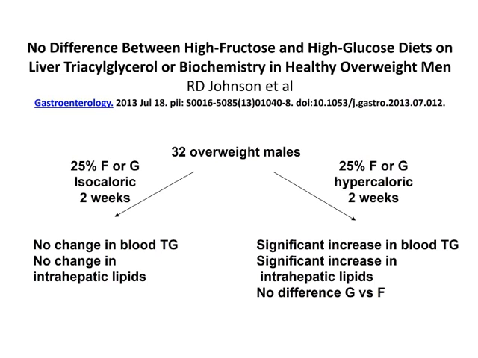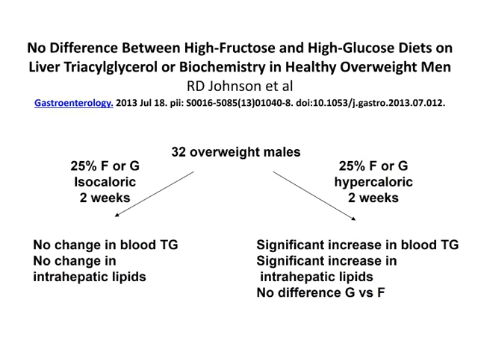Once after 2 weeks on an isocaloric high fructose diet or high glucose diet with 25% energy as fructose or glucose, and a second time with a hypercaloric high fructose or high glucose diet. So same amount of fructose or glucose, but once as a weight maintenance diet, and a second time as an